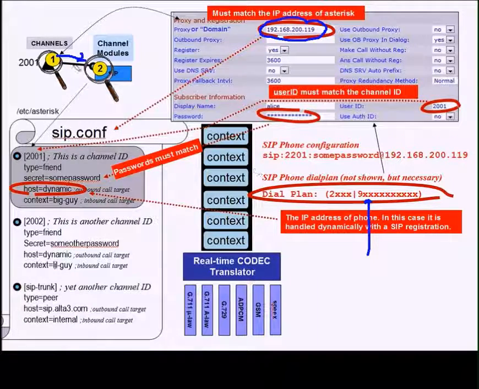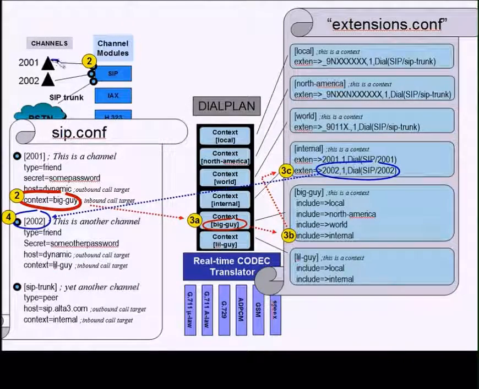on the phone. Where when the inbound invite comes into our SIP channel, the next step is to map it to the appropriate context. Take note in this particular case, if a call comes in to channel 2001 from the IP address of a phone which is registered, you must specify a context. This is used for inbound traffic to the channel. So we have the phone, sent an invite to the SIP channel. The SIP channel will reference a context and send the invite, now using the proprietary Asterisk protocol, into the dial